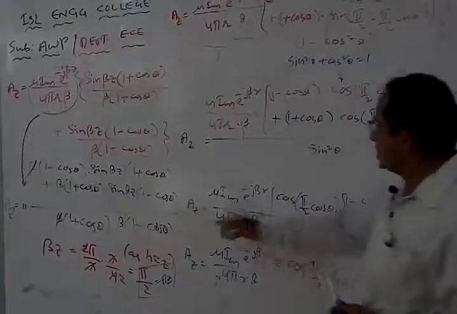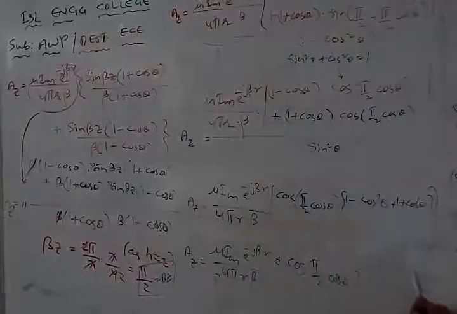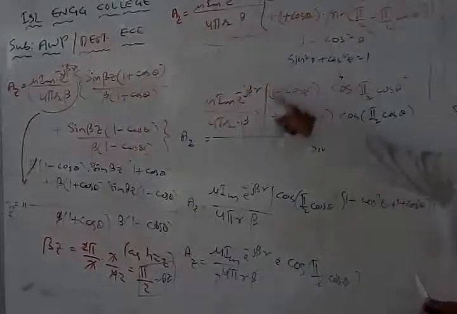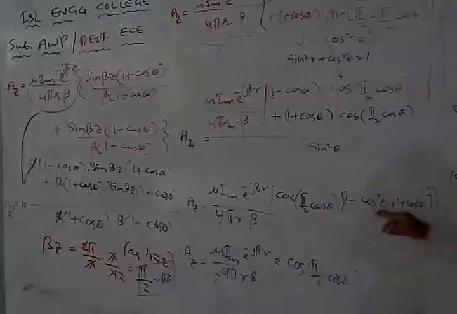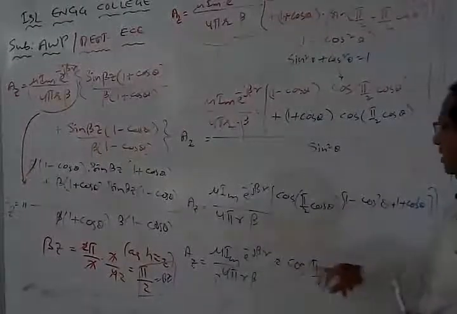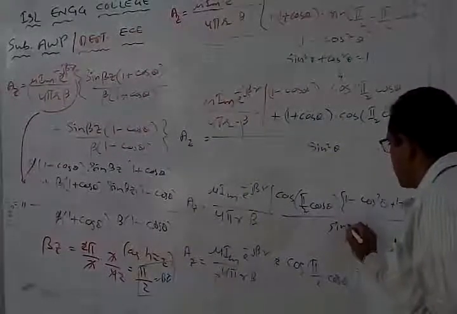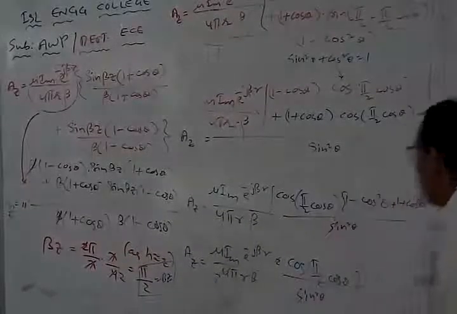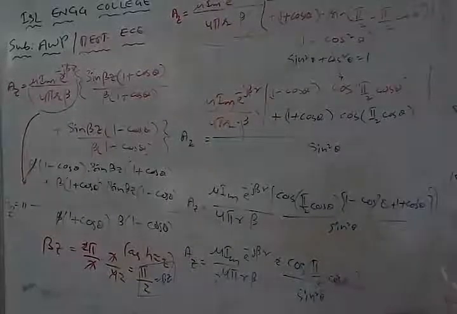Alright, so therefore Az is equal to mu Im e power minus j beta r, which remains as it is, over 4 pi r beta, which remains as it is. Now in this equation I can take cos of pi by 2 cos theta as common. Now these two components are left over, now I simply add these two. When I add these two, minus cos theta plus cos theta will get cancelled out by each other. Then I will have 1 plus 1, which is 2, into something here. Now by sin square theta, of course, that is there. Here also I will have sin square theta remains as it is. So I will be getting this equation as cos of pi by 2 cos theta by sin square theta.